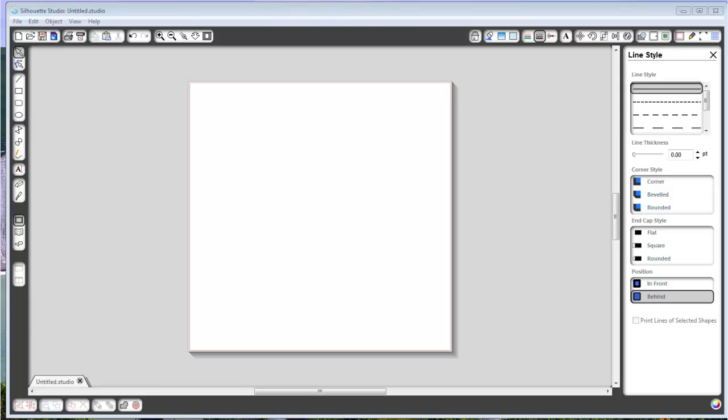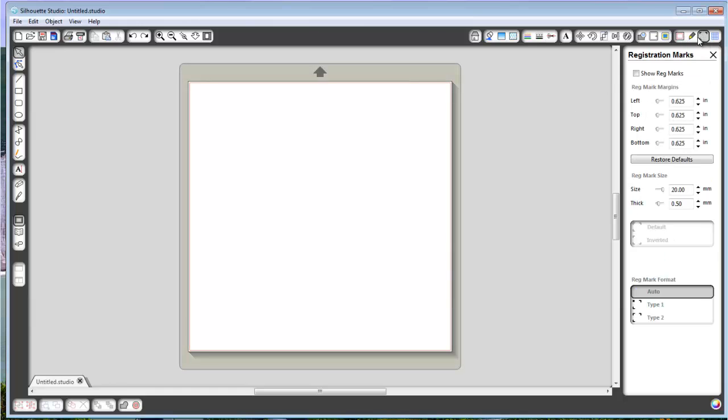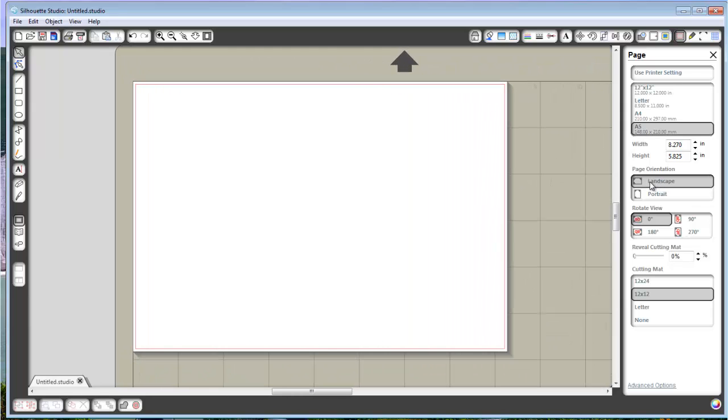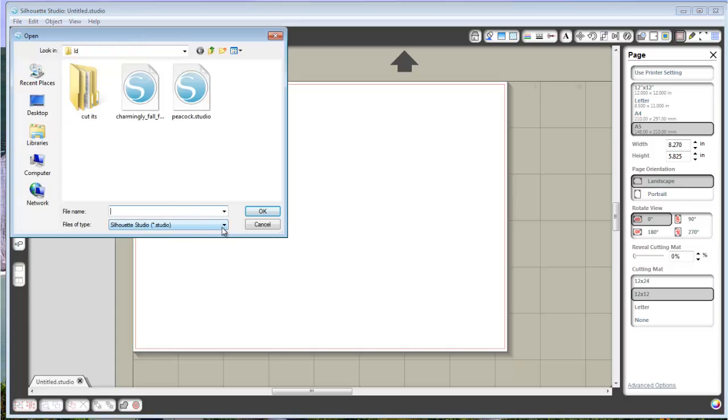Hello everybody. Today we are making cards. I take these graphics from Lettering Delights, and I'm using the Silhouette Studio free software to make the cards. At first, before I do things, I love to make sure that the paper I'm working on is the size that straight away will come up as my card, which I'm going to do on A5 paper in landscape area, and then I will open up the project I want,